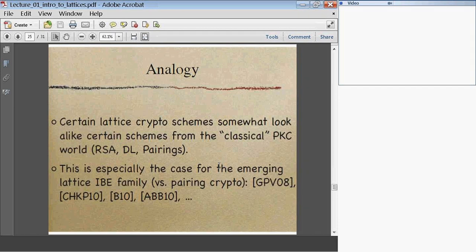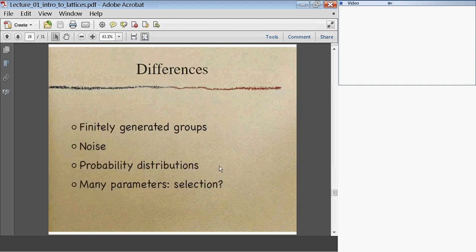So conceptually, the problems we're going to discuss within lattice-based cryptography are certain hard mathematical problems, which are somewhat similar to RSA and the discrete logarithm problem. But there are 4 major differences that distinguish lattice-based cryptography from those, I'll call them conventional approaches to public key cryptography. So one distinctive feature is that here we deal with finitely generated groups,